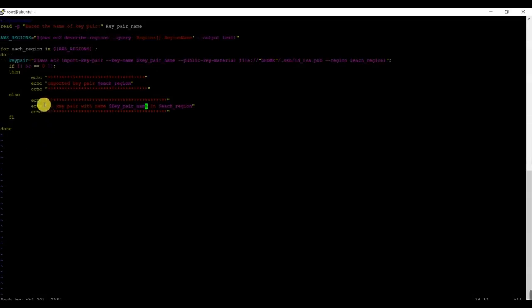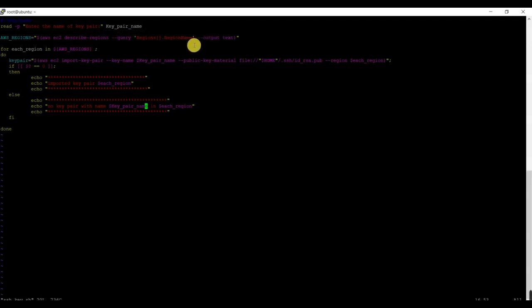If you see my shell script, first I'm asking to enter the name of the key pair. Whenever you create a key pair manually, you have to give the key pair name, so I'm entering that value here. In the second line, I'm running the aws ec2 describe-regions command with --query Regions[].RegionName and --output text.